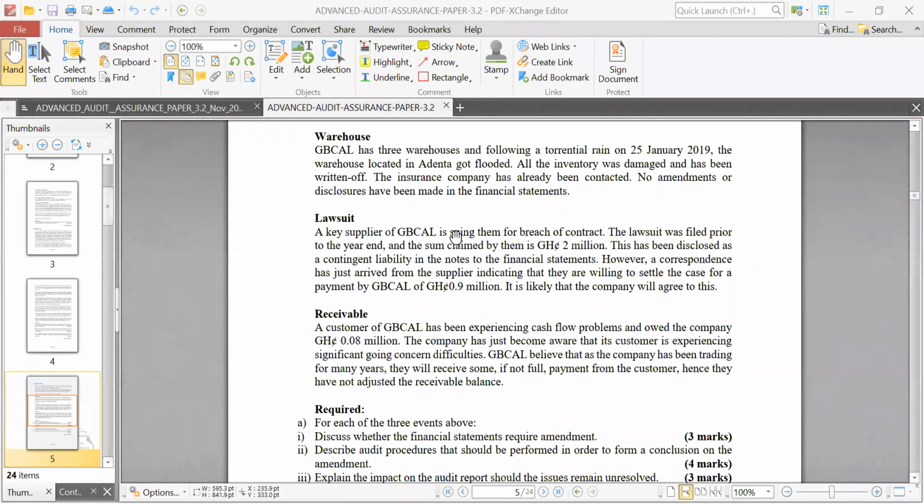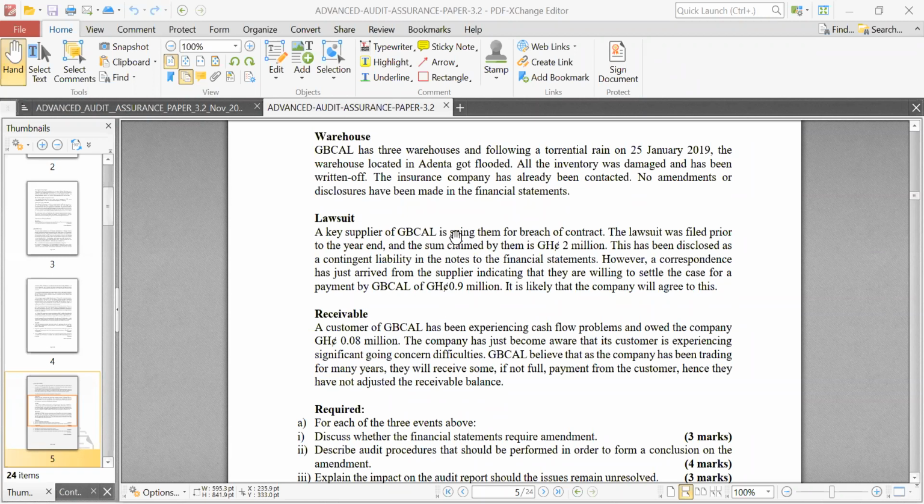Well, yes, we could have some adjustment. He said it's a client of many years. So we could say that the 0.08 million on the face of the financial is an amount that has been existing for long. So that condition is still there, that the client was owing them even before the year end. But they have the knowledge of going concern issues. Yes. Okay. It's a point that we have to take into consideration for the adjusting, because there will be a need to adjust the 0.08 on the face of the financial.